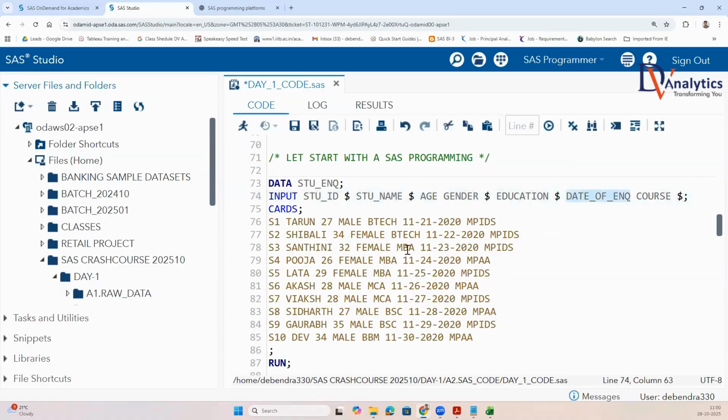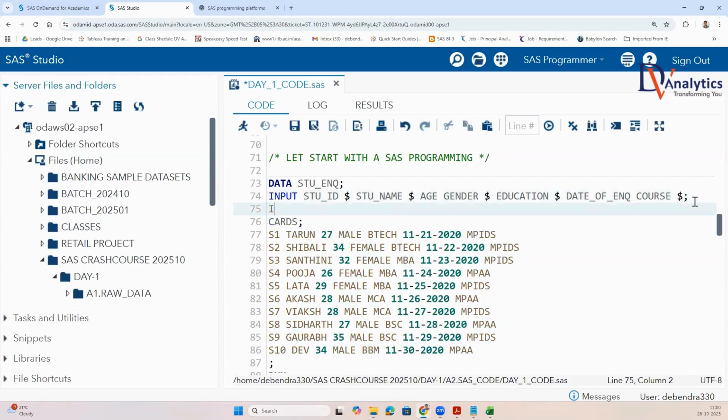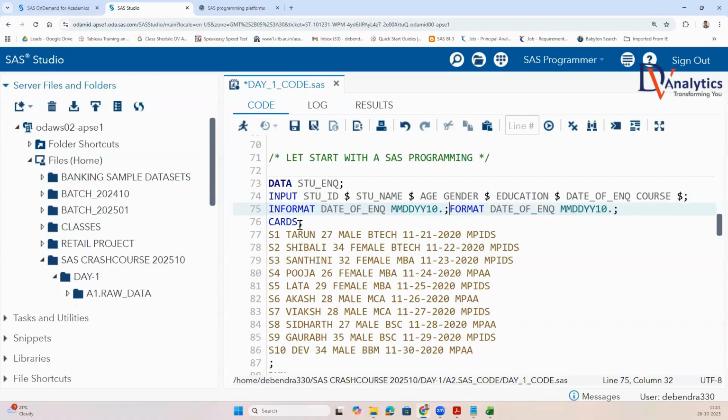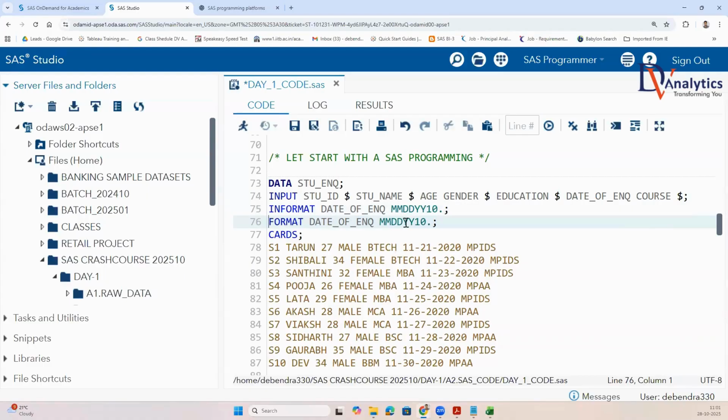Since I'm reading my date of inquiry, which is coming in which format? DDMMYY format. For reading this date format, I have to use informat. My date of inquiry is in DDMMYY10. format. After informat, I will also use format to read the data properly. I'll explain what informat is after some time. Now, when I run this program,